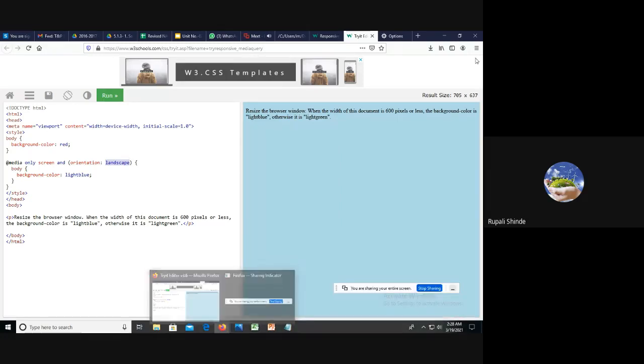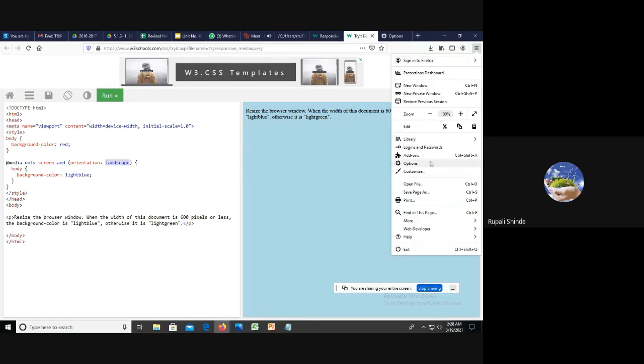I think we can change the orientation here. You have to search.